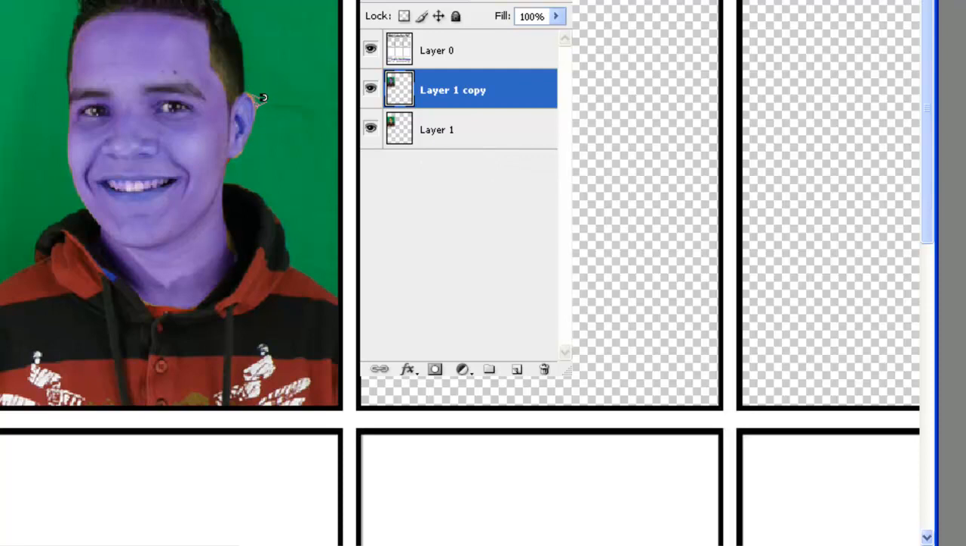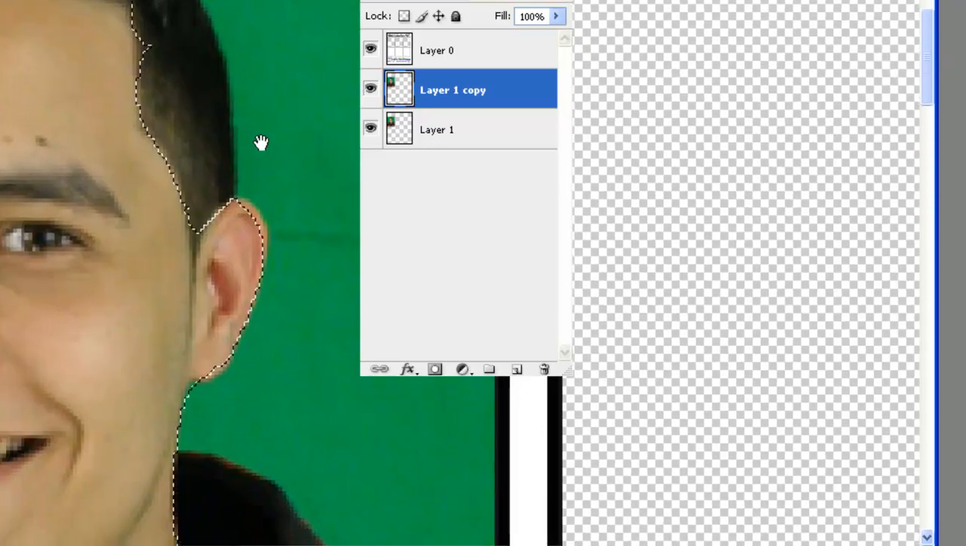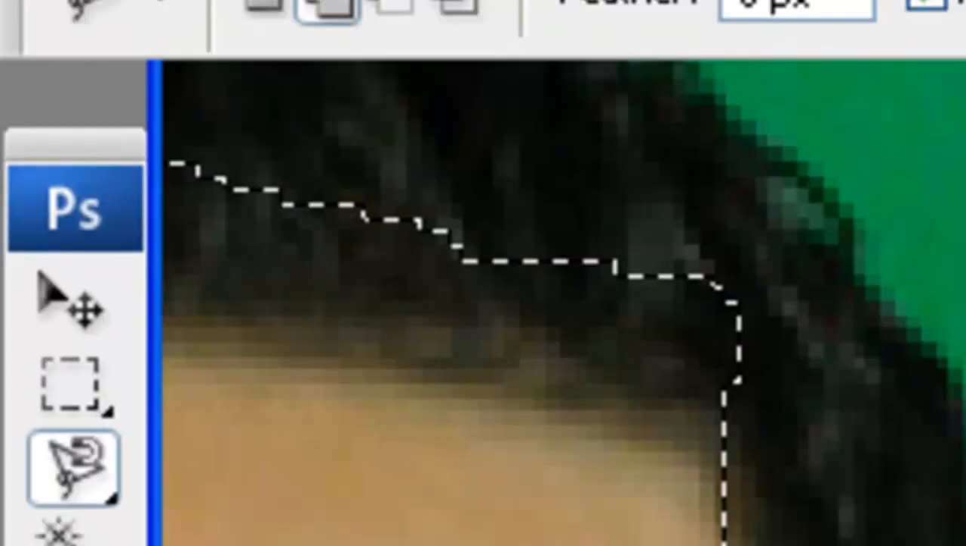You can see that some of the edge of the green isn't selected, so I'm going to press Control D to deselect, and I'm going to zoom in. I'm using the magnetic lasso, so I'm going to click on the Add To. This is the Add To selection, and I'm just going over it. And that's